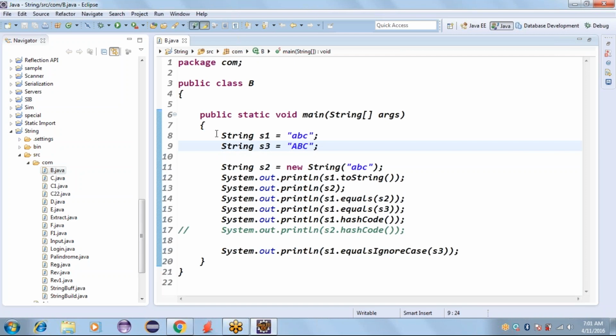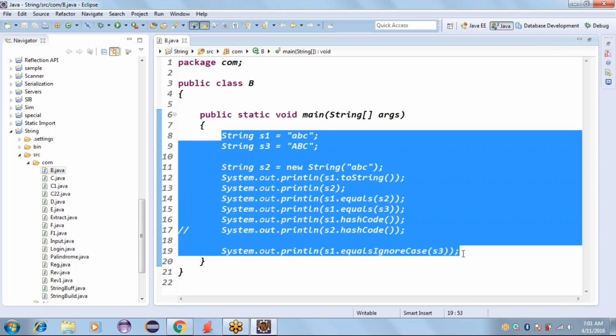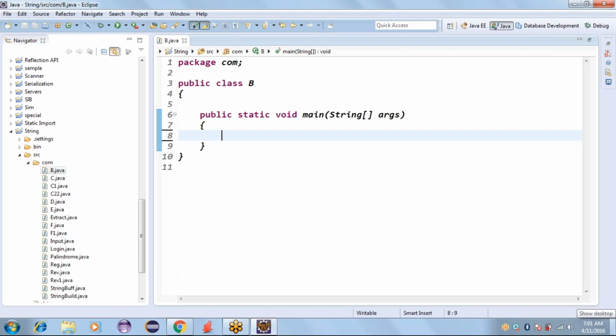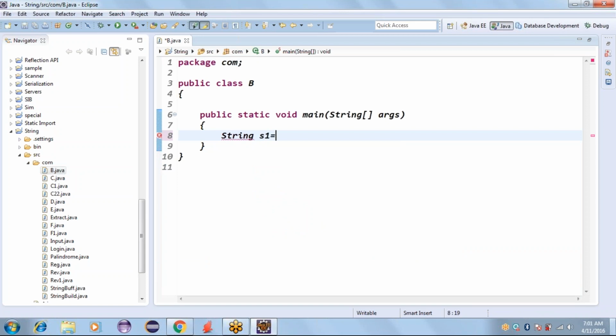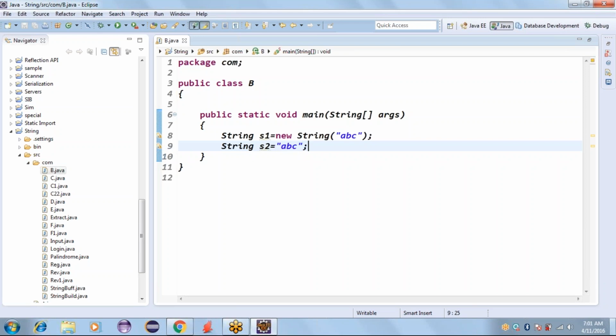So can you see here? Okay, fine. Let's try a bit differently. What I'm going to do here, I'm going to create a string s1 equal to new String, and here I'm going to pass the value abc. This is one way, the normal, traditional way to create an object in Java, that is the new keyword. And there is one more way, that is String s2 equal to abc,